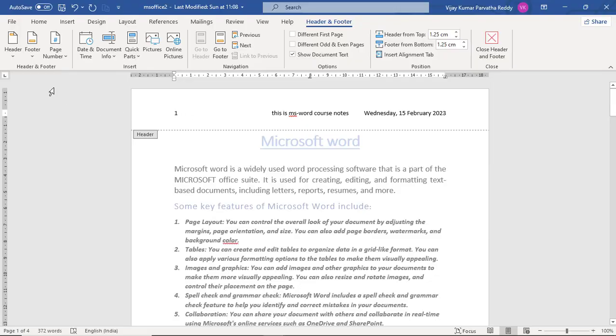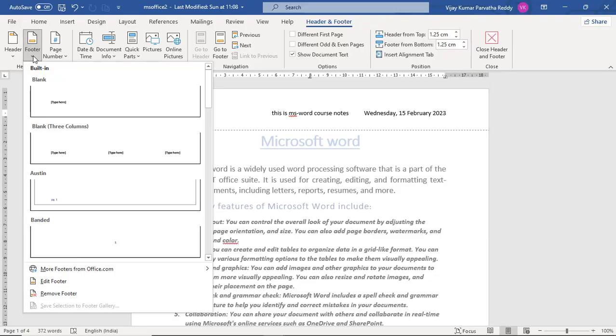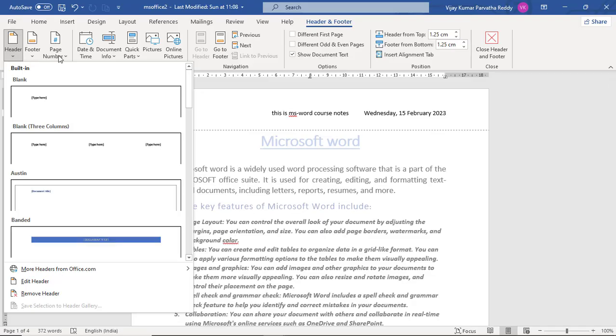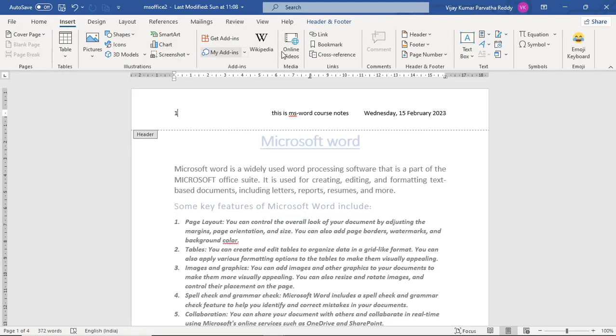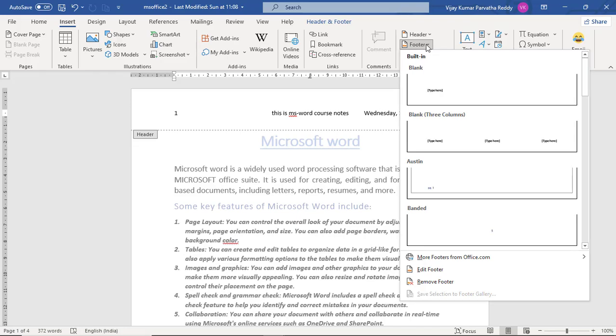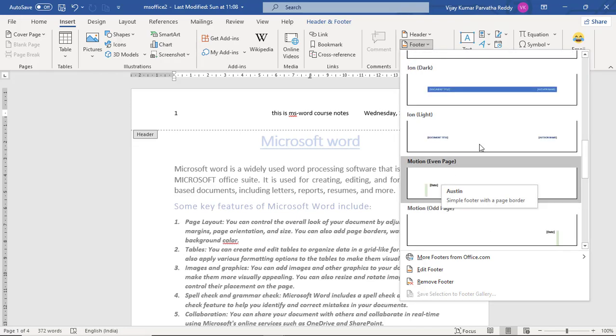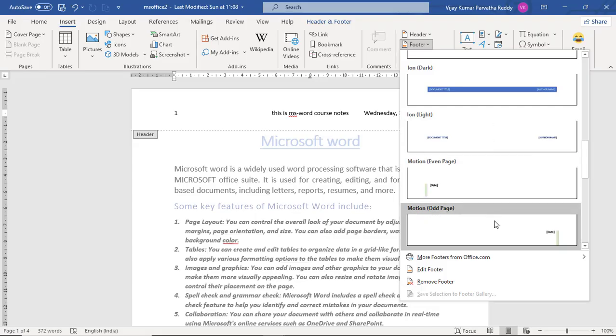And see, here again you have header and footer options in the Insert bar also. So, in Insert again go to footer. You can also have a footer section, what you want, like this.